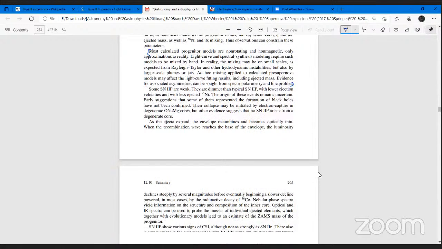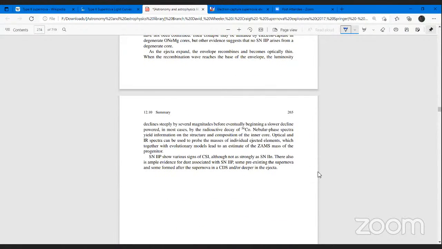Nebular phase spectra yield information on the structure and composition of the inner core. Optical and infrared spectra can be used to explore the masses of individual ejected elements, which together with the evolutionary models lead to an estimate of the zero age main sequence mass of